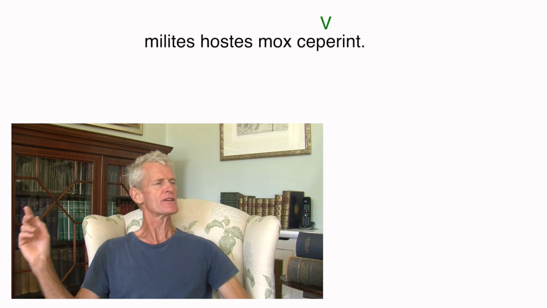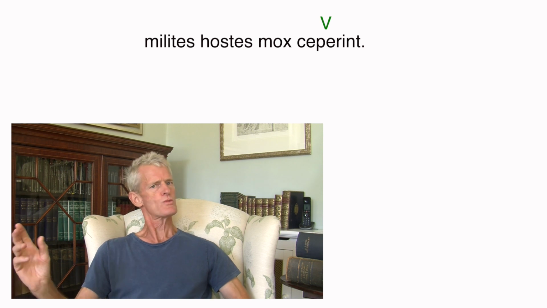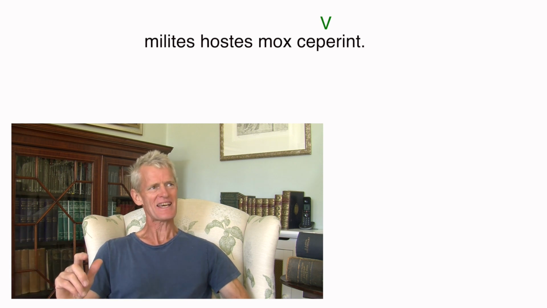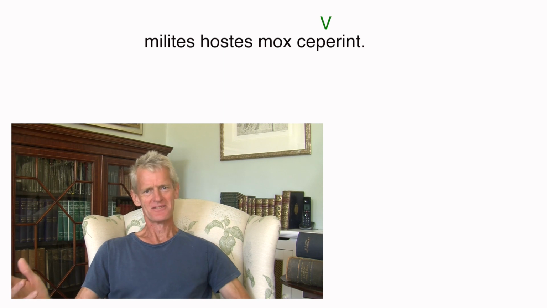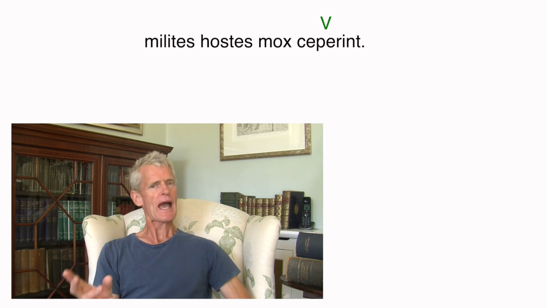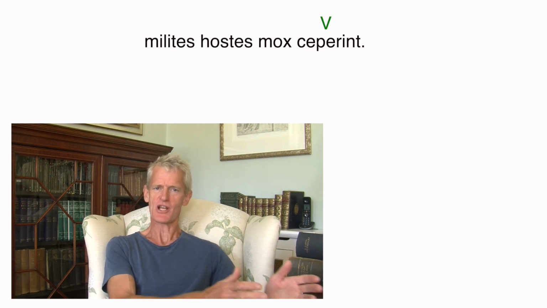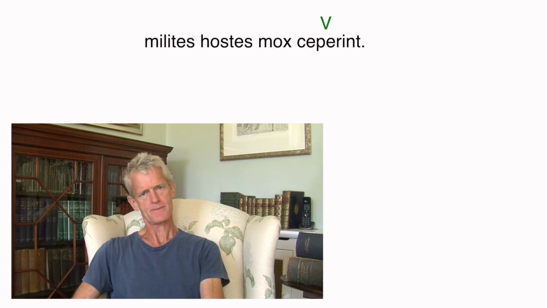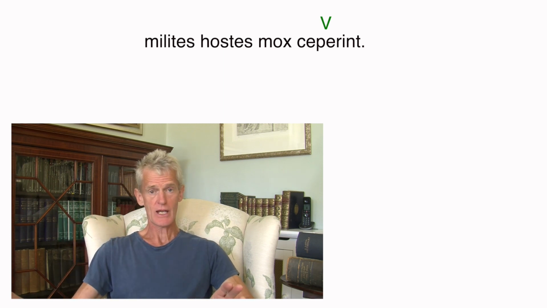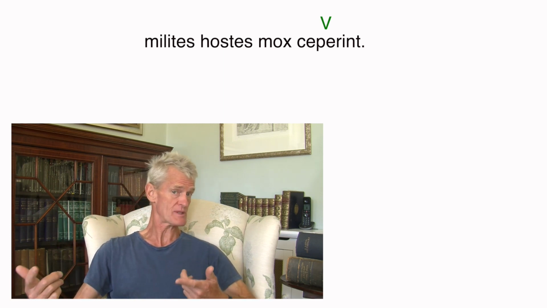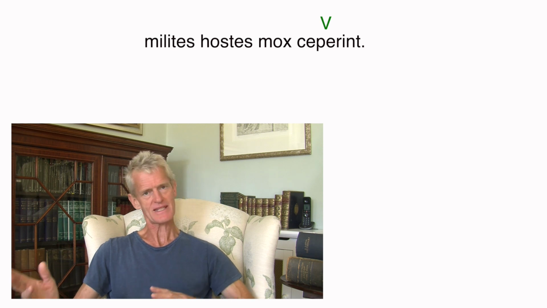Okay, so we go to the front of a sentence looking for a nominative plural. We've actually got two candidates. We've got milites and hostes, which isn't really helpful because with third declension nouns there is no way of knowing which is nominative, vocative or accusative. But when that happens, the basic rule is the first one will be the subject and the second one will be the object. It's not completely bomb-proof. If the context made that absurd, then obviously common sense kicks in.